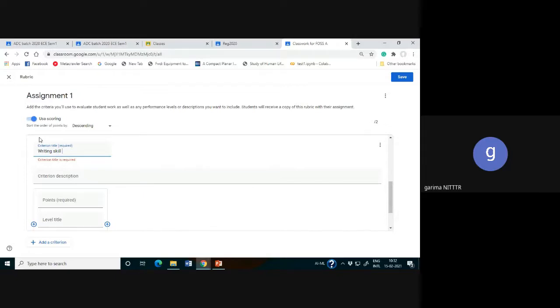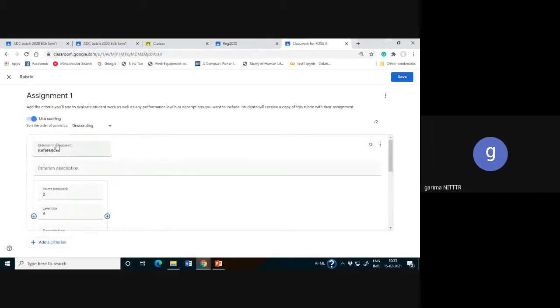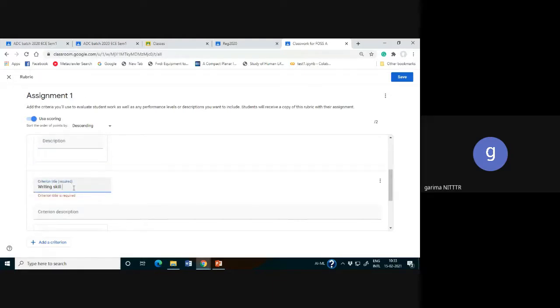Suppose you took a seminar presentation. In a seminar presentation, PPTs are submitted by the student. They will provide the information related to that seminar and give the particular details. Obviously, first will be the references from where they have chosen the content related to that topic. Second will be how they have presented the skills, the PPT presentation: how they have prepared their PPT, how they have utilized the diagrams or figures and so on. So any of the criteria can be there.